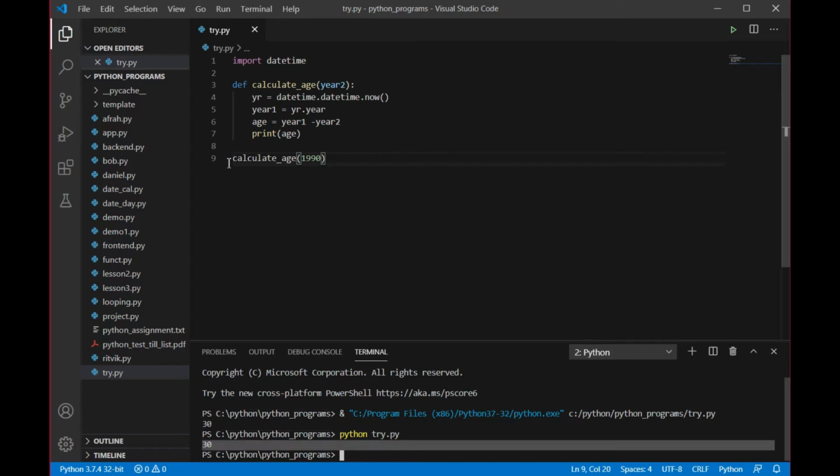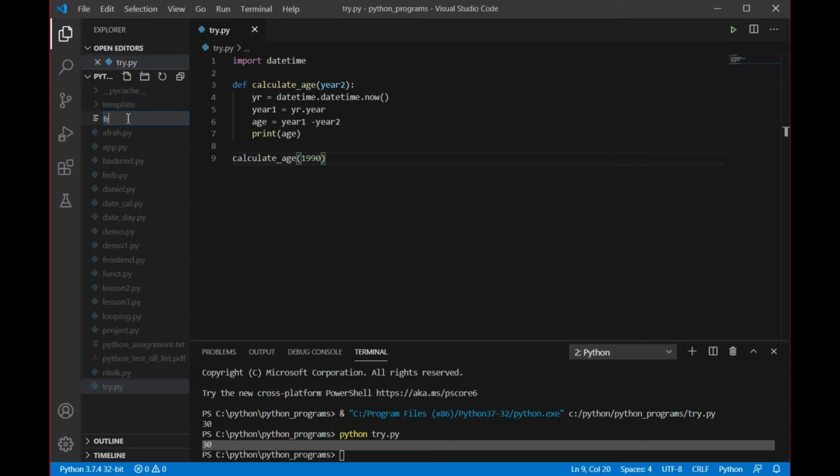So this is behaving like a back end. Now I'm going to create a front end for my desktop application, right? Whatever interfaces you see on your website or anywhere, they must have two ends. One is front end, one is back end. You have created the back end work. Now we are going to create a front end, that is the interface for the user, right? So let's create a new file and name this file as front.py.